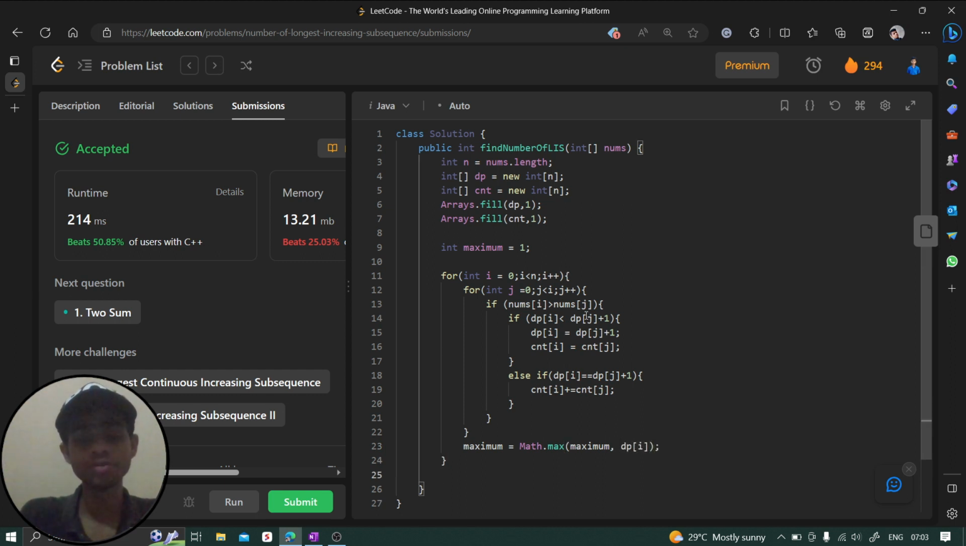And after this for loop, we are going to say we found our maximum, so we just need to traverse over this dp array. We have to use for int i is equal to 0, i less than n, i plus plus, and here we are going to say